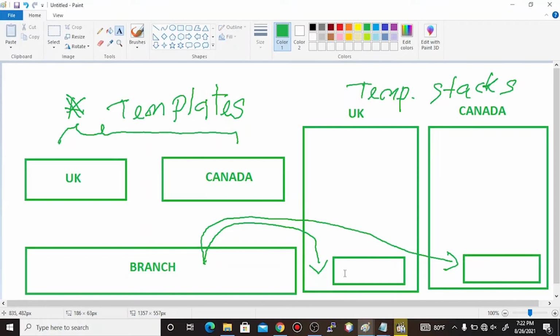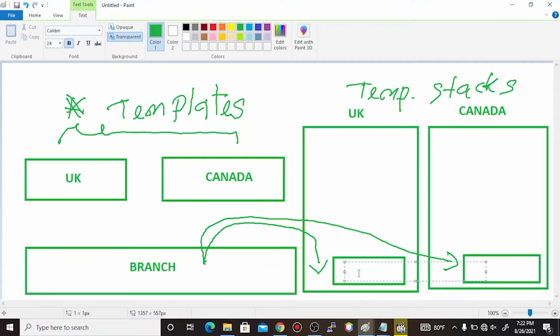So this is branch, and here also we have the branch template, because you can remember that the branch template is a common template for both the UK and Canada. So we do the common configurations in the branch template. Because of that, we must assign the branch template into the UK template stack and also to the Canada template stack. So then our next assignment is